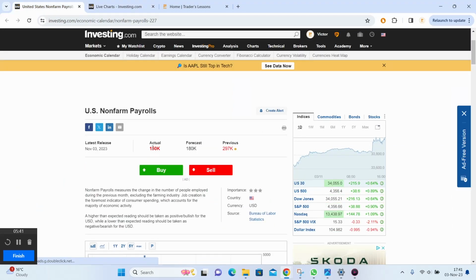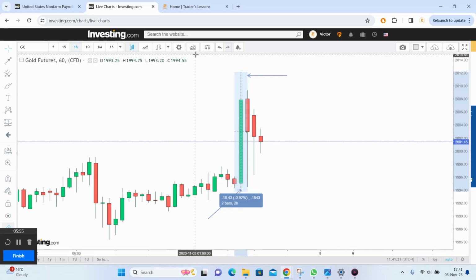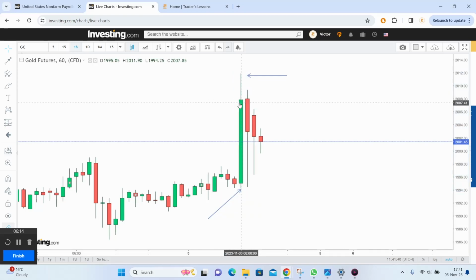Weak data for the US dollar results in a high jump on the gold price for less than an hour, like $20 in an hour or two, which is something that every trader can check on the economic calendar of the platform they're trading with, or on an independent source, just like I am checking an independent source right now, and take advantage of the movement immediately after the event. Now, something that also was triggered after this high jump on the market was